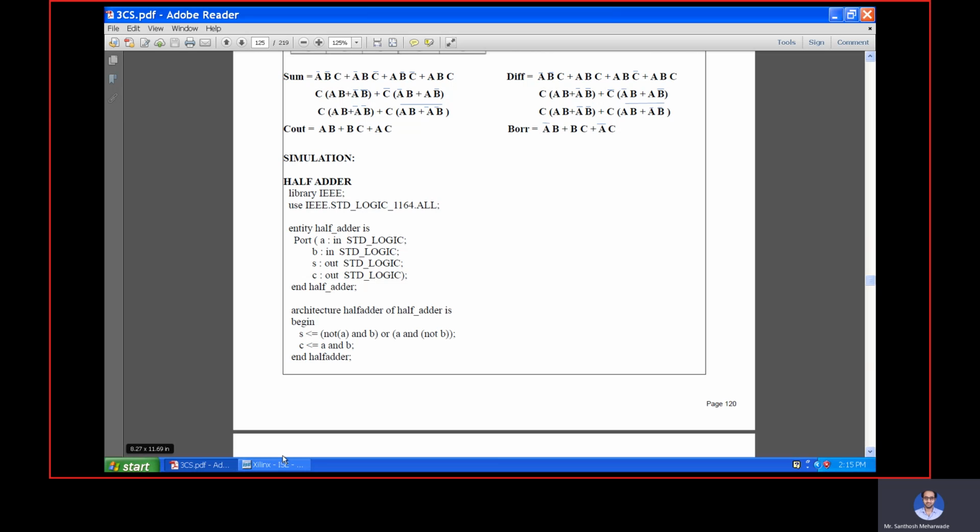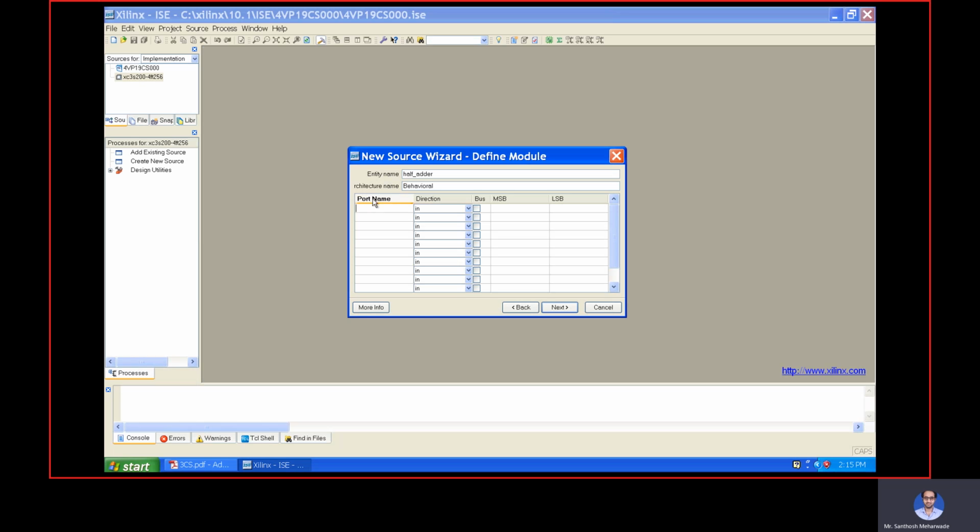Next, I will use small a, which is input, in means input. Similarly, the next one is b, that is also input. The next one I will use is sum, the complete term, and that is output. Next one is carry, that is also our output.